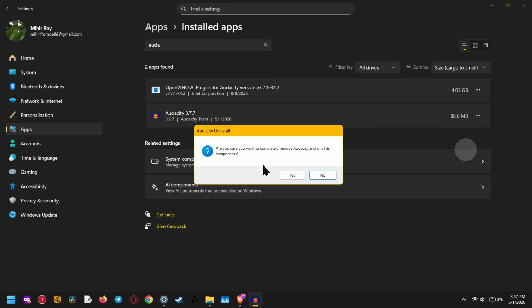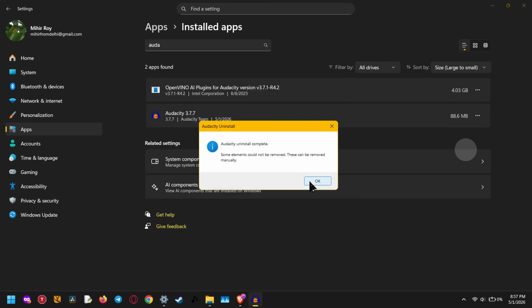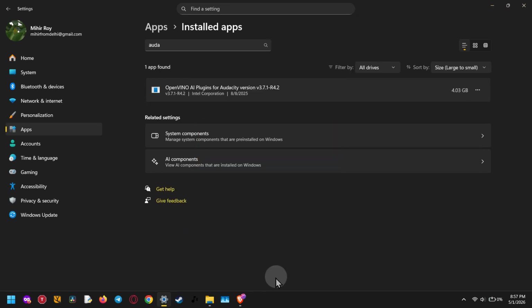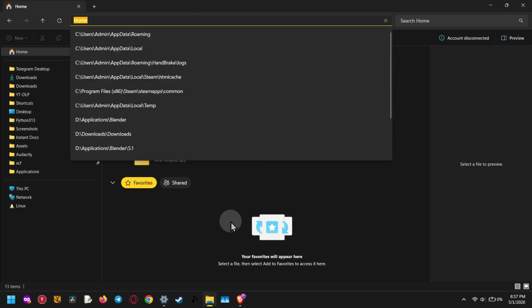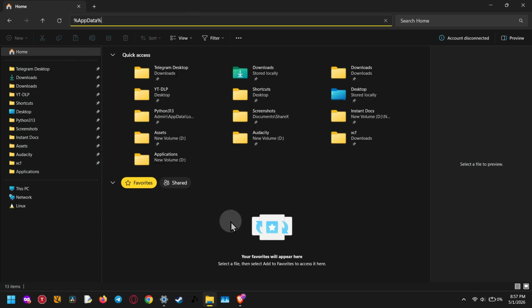At this point, Audacity should be removed from your system, but there's one important thing to know. A normal uninstall can sometimes leave behind your preferences and custom settings, which means some files may still remain on your PC. If you want to delete those completely on Windows, you'll need to remove the Audacity folder stored in your AppData directory. To do that, open File Explorer and go to the path shown on screen,